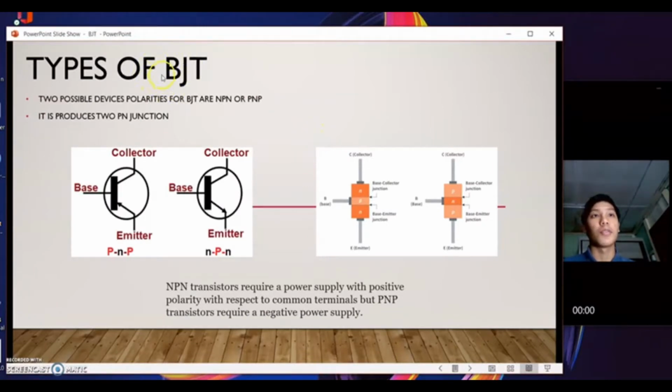Okay, so for types of BJT, there are 2 possible device polarities for BJT. There is NPN and PNP. It is produced from PN junctions. So this is a PNP symbol and this is an NPN symbol. This is the construction for NPN and this is PNP. NPN transistors require a power supply with positive polarity with respect to the common terminal, but PNP transistors require a negative